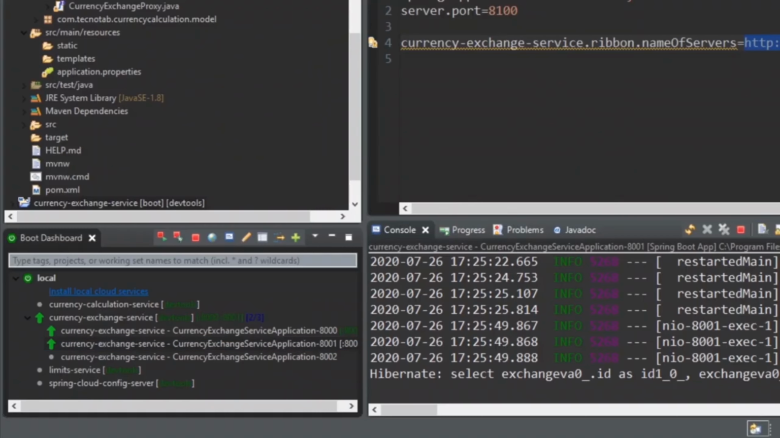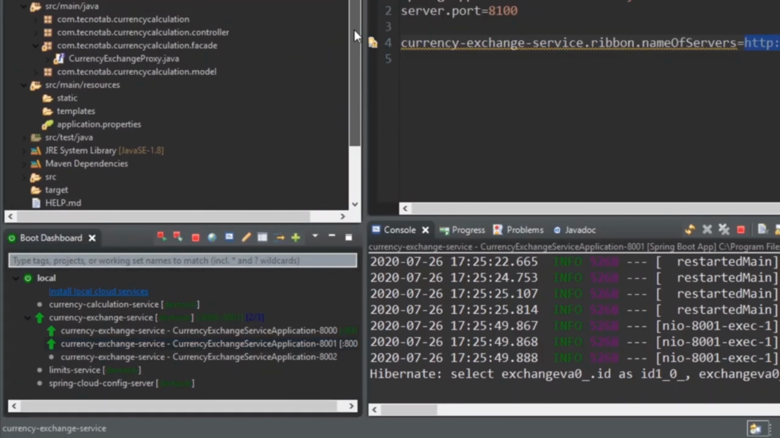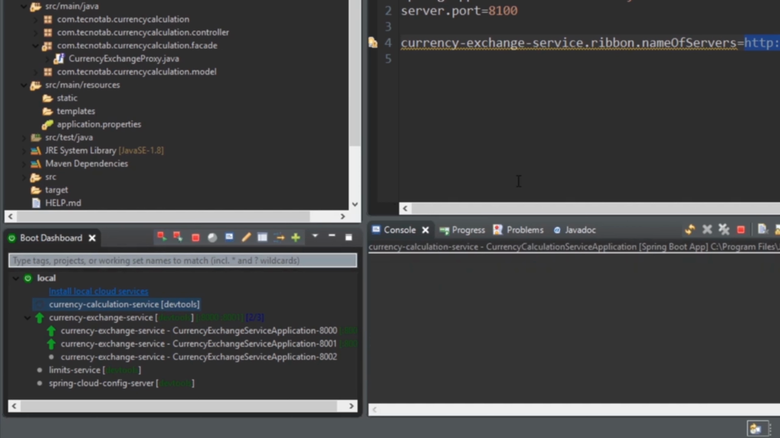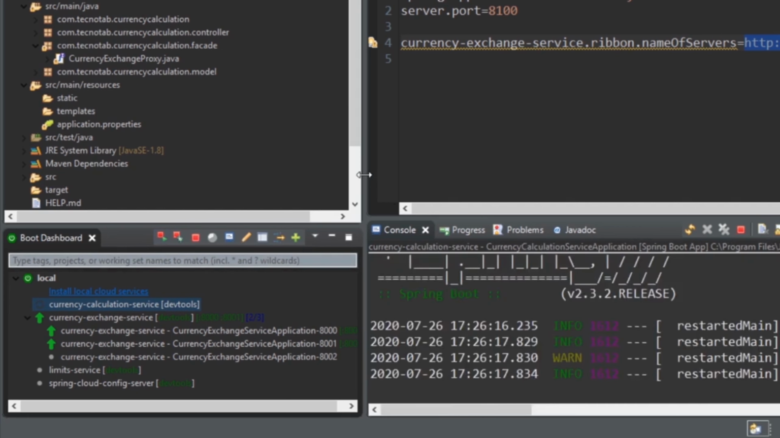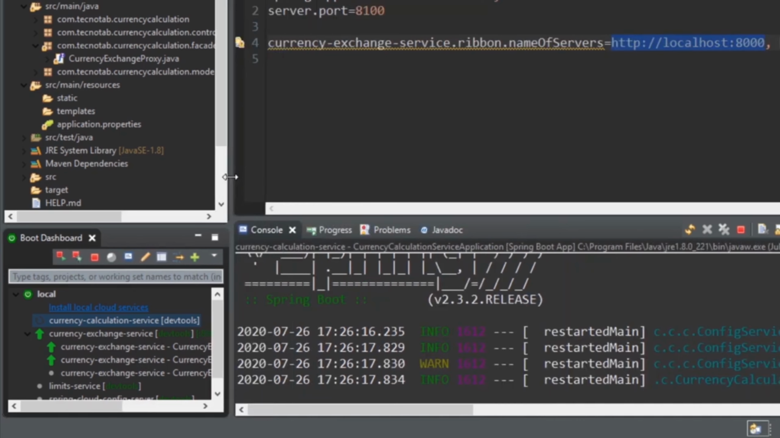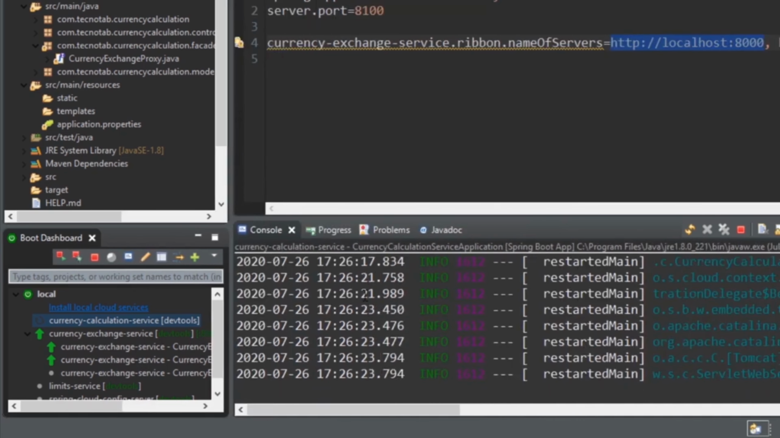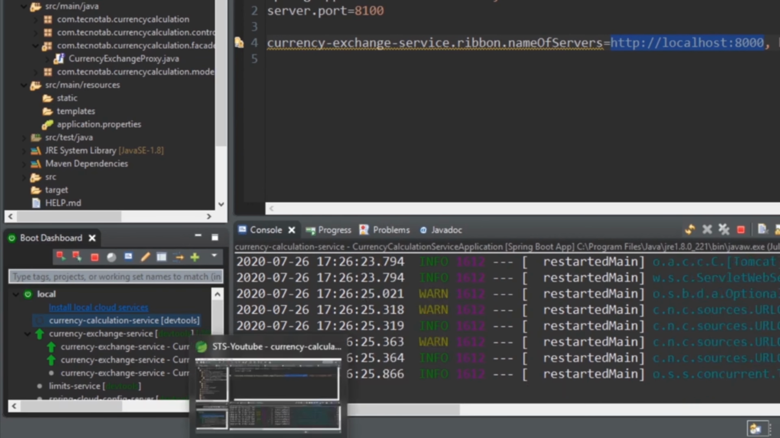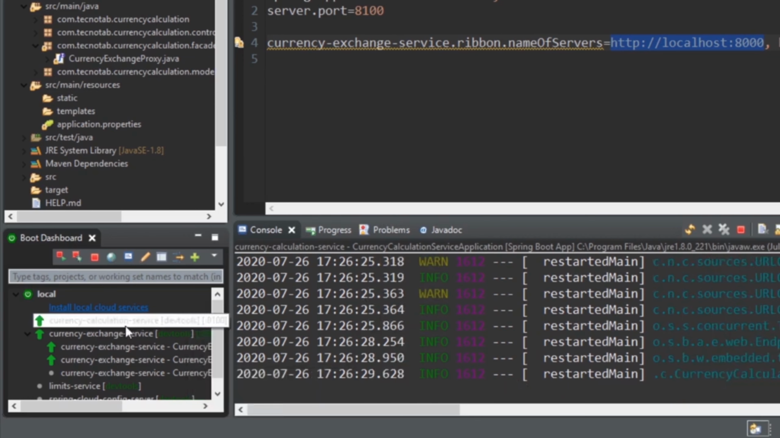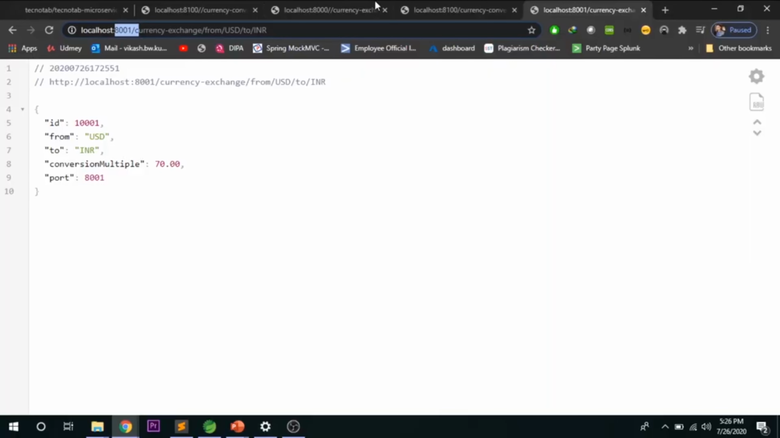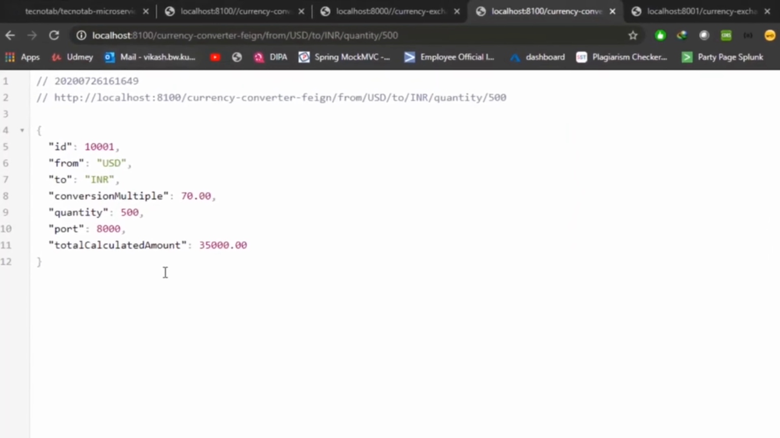Now it's time to launch our currency calculation service. If everything is working fine, then we should be able to see the load getting distributed between server 8000 and 8001. So our currency calculation service is up now. Let's go and launch the currency calculation service URL, and the port information will be displayed here. That is the dynamic port configuration that we had done in the currency calculation service. So when you hit refresh,